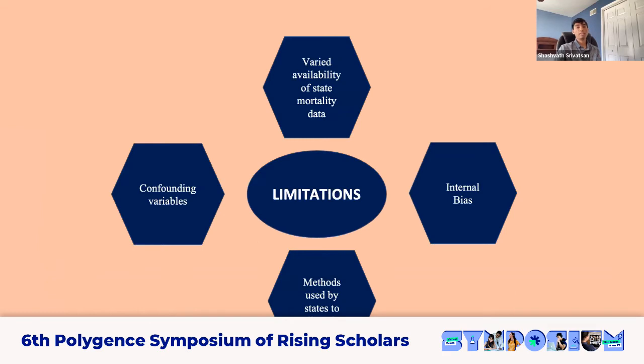So, despite the somewhat clear associations reported here, there were some limitations that I have to address. This data was collected using national databases, and with some numbers being self-reported by states, there's a level of internal bias to be expected to preserve the stature of the state. A state might report that they have fewer deaths than they actually do because they don't want to have more deaths than average. They want to be below average or average.